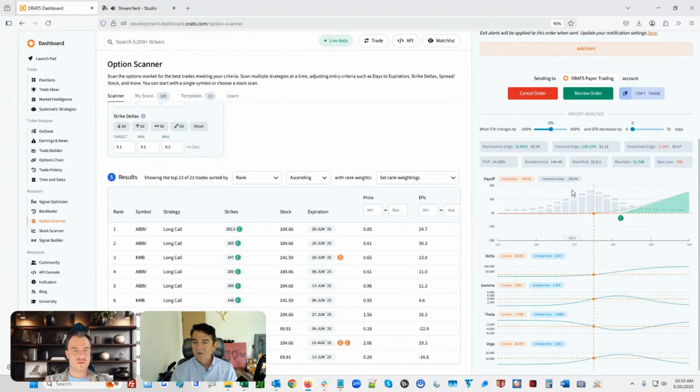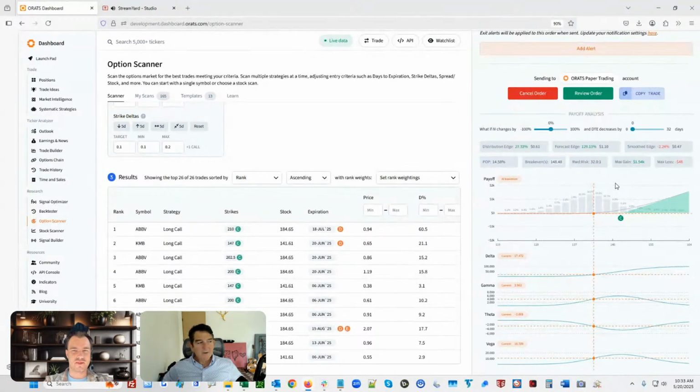So in this case, again, you're going to get some pretty different values for these things. But it's really just a better probability of profit calculation if you think about it, because probability of profit doesn't take into account historical movement and historical volatility. Right. It just looks at the current expected value. So yeah, that's a good way to put it. I think this is a more accurate probability of profit.